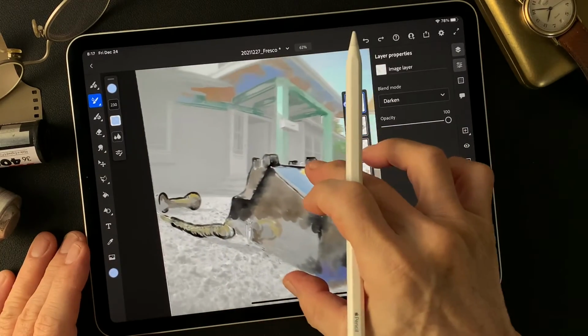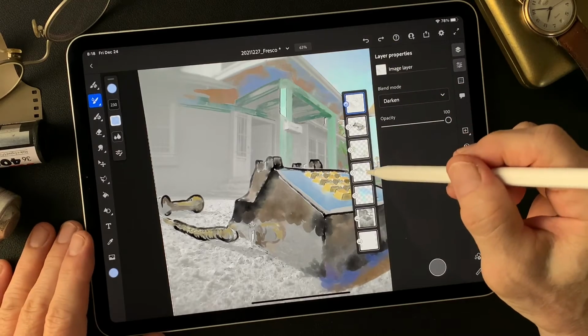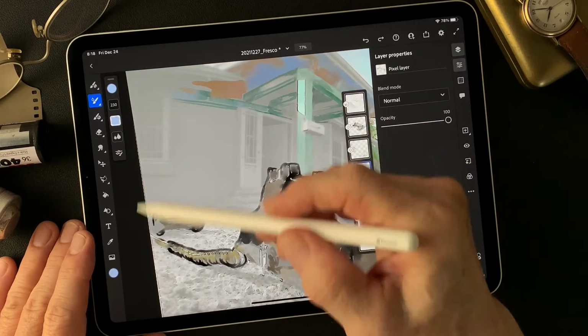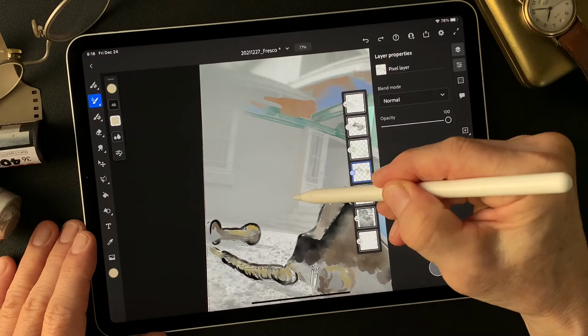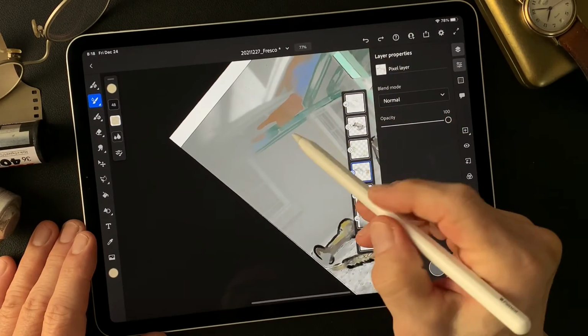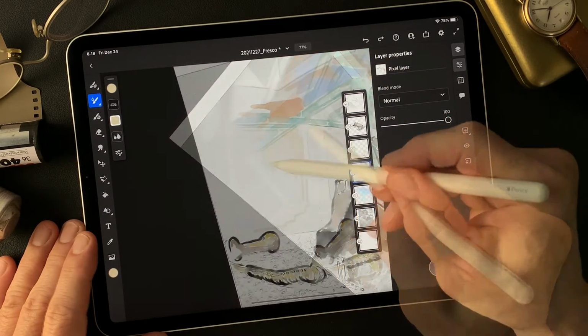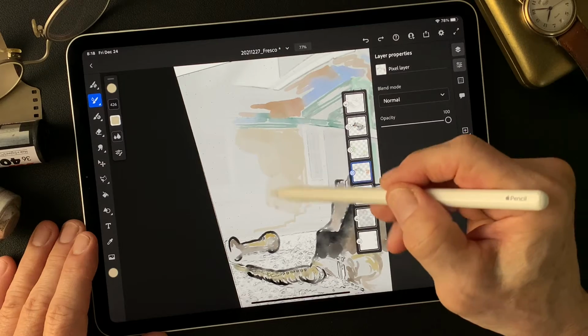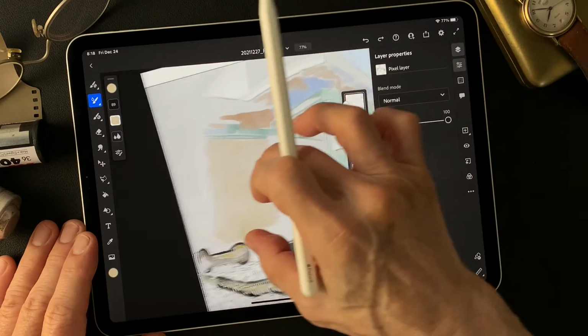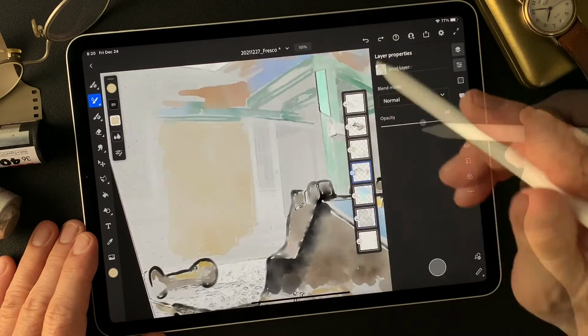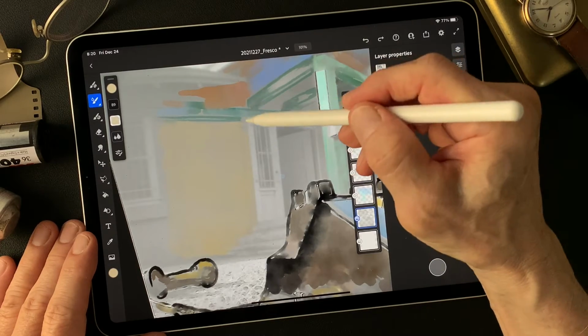We got some kind of color on the background, kind of yellowish. Then the door was white, but now